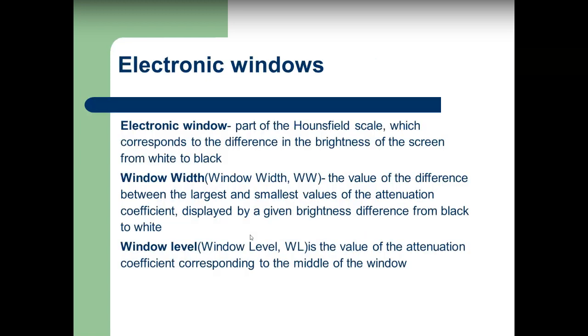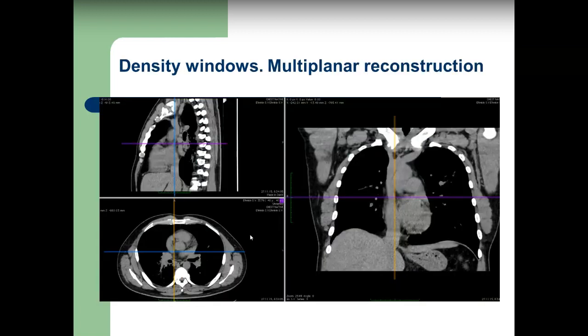So, an electronic window is a part of the Hounsfield scale which corresponds to the difference in the brightness of the screen from white to black. Window width is the value of the difference between the largest and the smallest values of density or attenuation coefficient displayed by a given brightness difference from black to white. And window level is the value of the attenuation coefficient density corresponding to the middle of the window. So I can illustrate this thesis